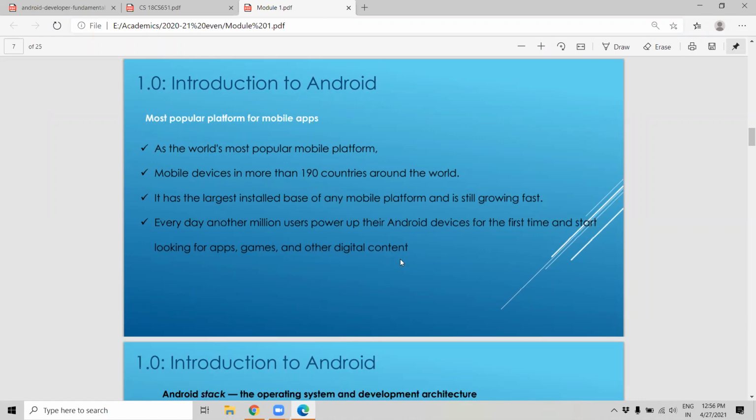And every day, millions of devices start connecting using the Android devices. Every day, in the morning when they get up, they start using the apps, the games, or any other digital content. Millions of apps are there in the Play Store. That is why this Android is most famous compared to others.